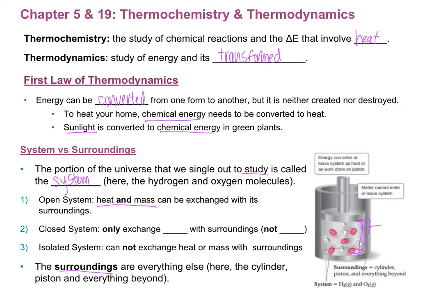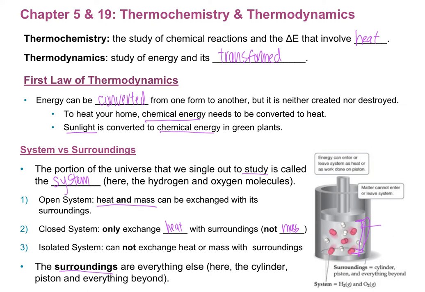In a closed system, heat will be able to leave, but not the mass. For example, getting into a better system for coffee, I might have just a coffee thermos. Maybe I'll get it at Target. Nothing bad about Target, but if I get a cheap thermos, then some of the heat will be able to leave, but if the lid's on, the mass is going to stay in there.